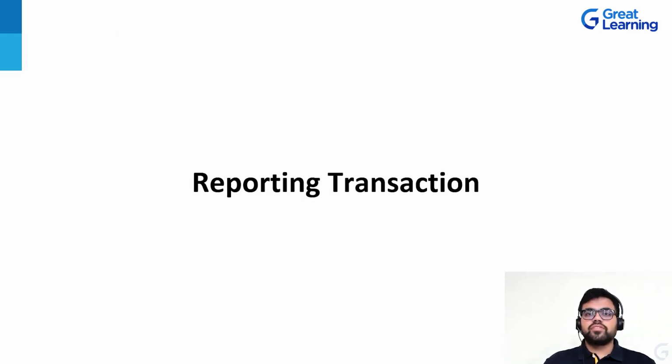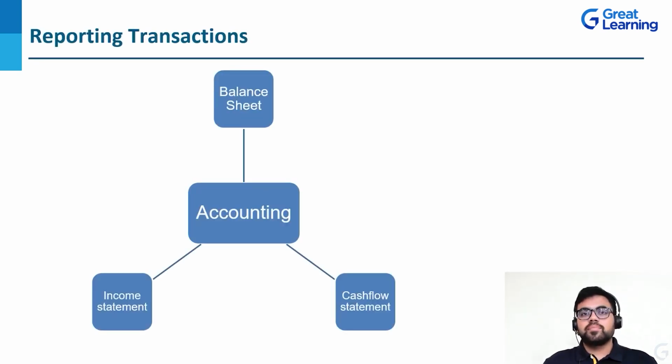So after the bookkeeping phase comes the third element of the accounting process called reporting transactions. Now these transactions can be reported by making three financial statements known as the balance sheet, the income statement, and the cash flow statement. Now, just like you and I used to have our report cards during college and school days, similarly for a company, these financial statements act as a report card so that we can analyze how fundamentally